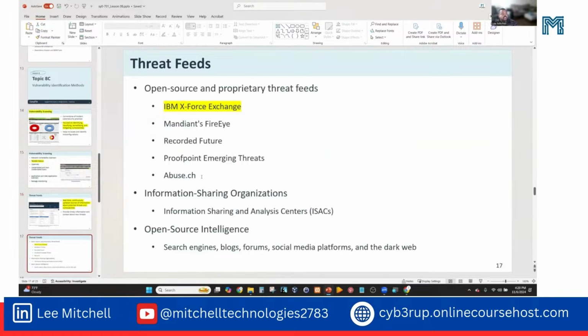Now, some good places that you can go to see threat feeds are listed here. IBM, the FireEye website is pretty good. Recorded Future, I've seen and worked with them a couple of years ago. Proofpoint is always a good leader when it comes to even